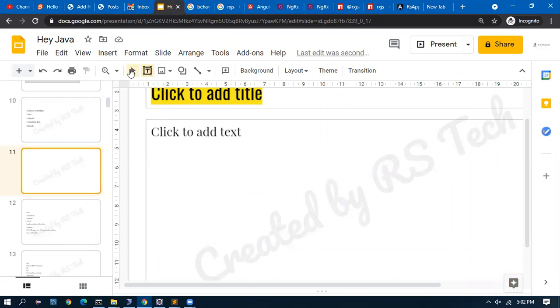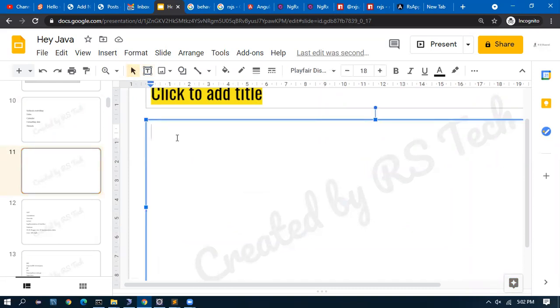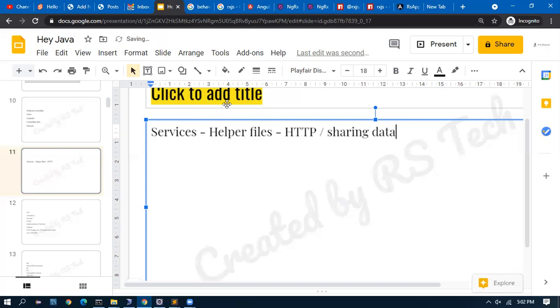Okay, so what we learned first is services. These are the helper files to call HTTP, because the next step is we have to reach the database and get the data, and share data across components.